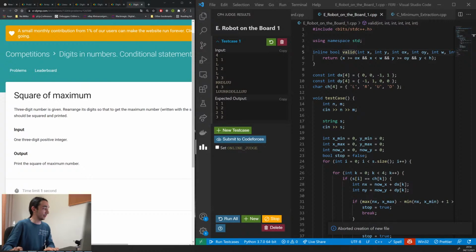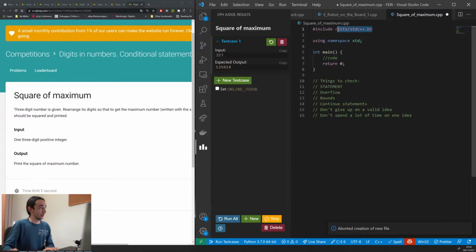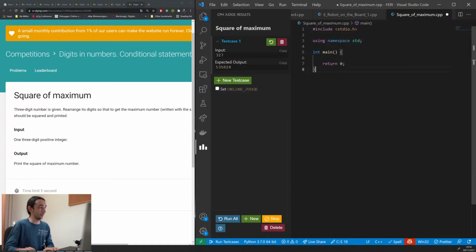It takes the sample cases and puts them here, and then you want this to work really. So instead of doing this, we are going to do the old-fashioned way with stdio,